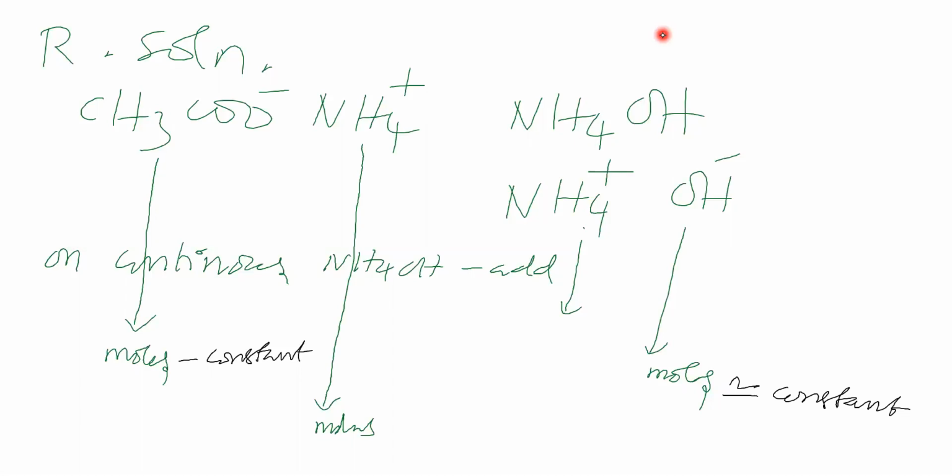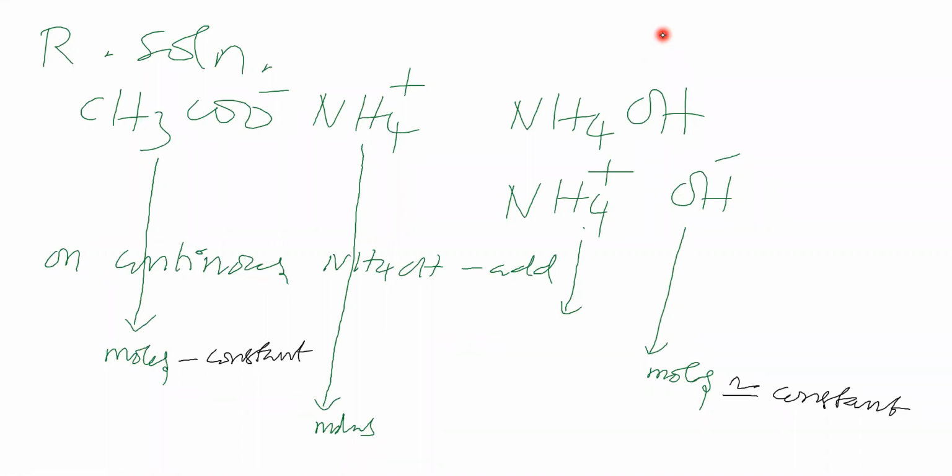Now, the concentration of ammonium hydroxide changes because the resultant solution has some volume. So it changes, but not much. Therefore, from the burette you are adding ammonium hydroxide solution continuously. How will the concentration of ammonium hydroxide be in the vessel, in which we dipped the conductivity cell? It will be almost the same. The change is negligible.